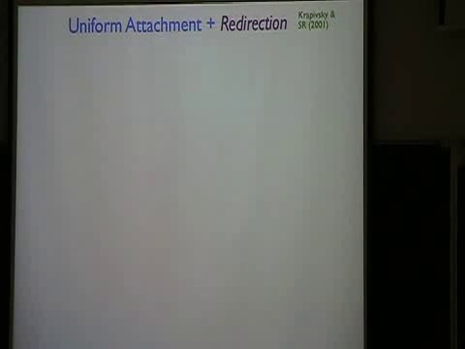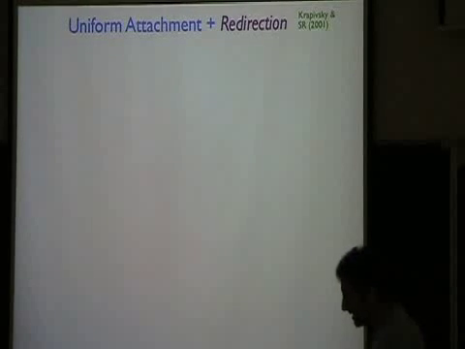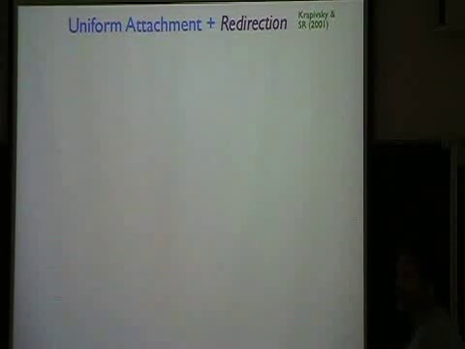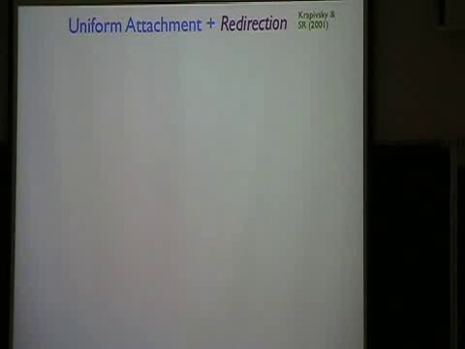So now I want to turn to an area where I come into the game, which is that with Paul Krupitsky, we studied various modifications of this uniform attachment, or this random recursive tree. It's not easy to explain how this came out of the blue, but if I remember correctly, there was a paper by Kleinberg and company, who are computer scientists, who were somehow vaguely thinking about this notion that you might attach here, and then you say, oh no, I want to attach there. So it was in the air somehow, this notion of redirection. And it turns out that if you augment the random recursive tree by redirection, something magical happens, and you actually understand everything about the